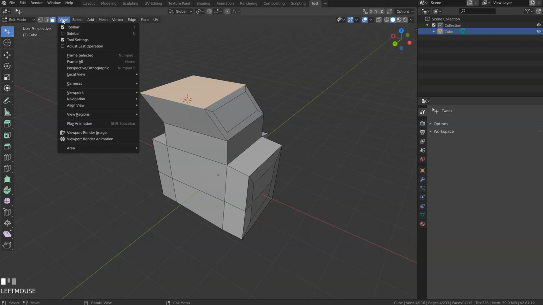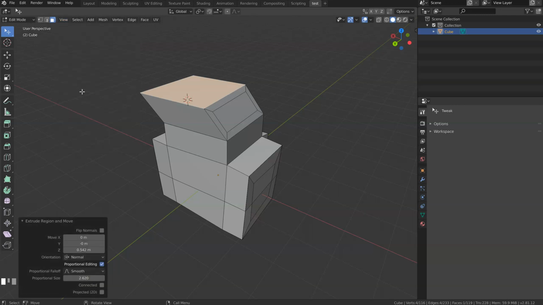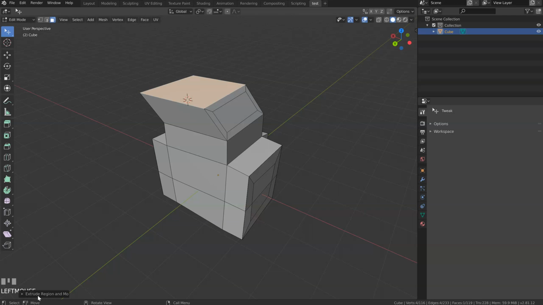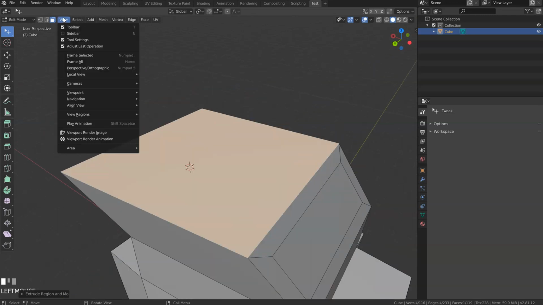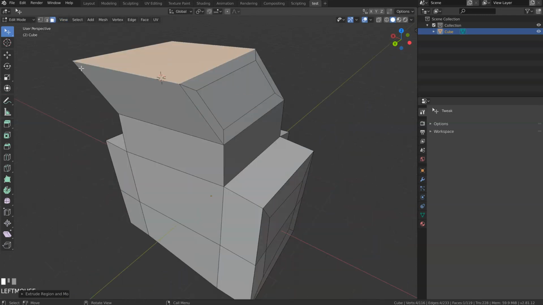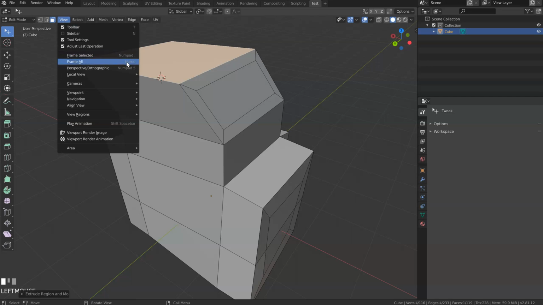So I personally think it's not a good idea to hide it, because all the time you will need it. And if you come here, you will be able to place it here. It will not bother you, just like that. So after, you have some other options. So check every option. For example, from selected, it's pretty interesting. From all, to see all. You have some shortcuts too here.